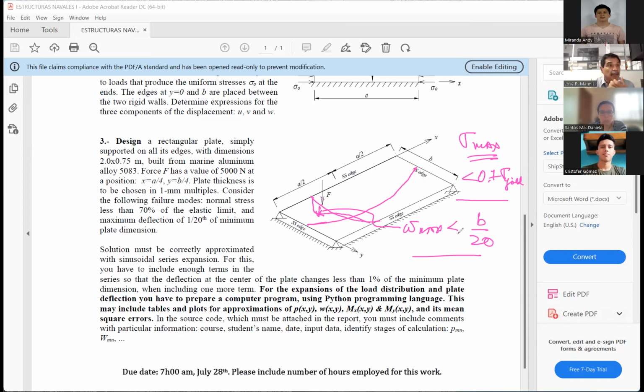For example, if you have something in compression, you have to be certain that the internal force doesn't get closer to the critical force. For example, in the case of the column, this is another mode of failure. In this case, we're going to consider two modes of failure. One is the strength. That means that the stress is less than a certain value. And the other is